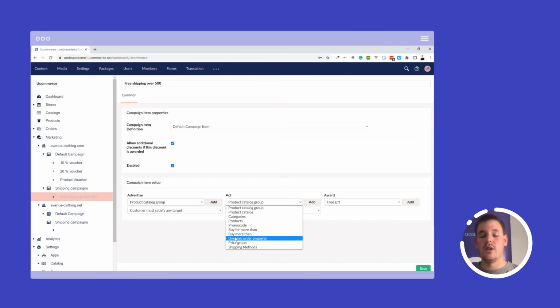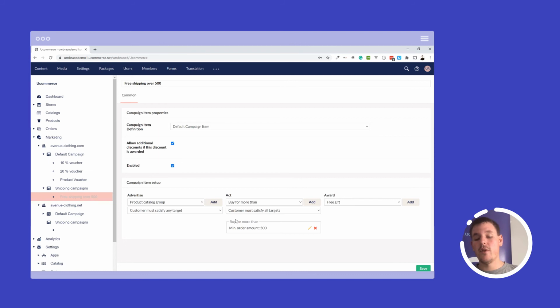And of course, if you are giving your users the ability to purchase from different currencies, then 500 is not the same in Danish kroners as it is in euros. In that case, you can also further set up a rule that says 500, but within this price group. But let's just keep it with a simple setup for now. So the minimum order amount should be 500.